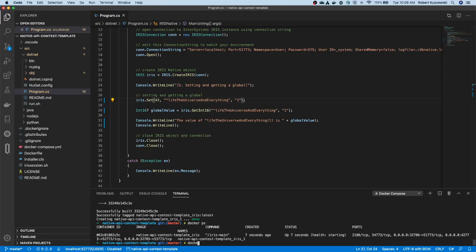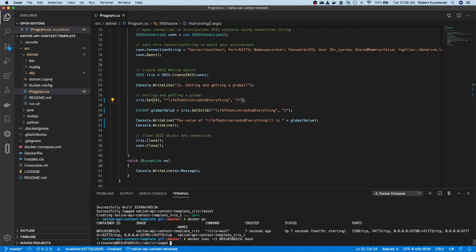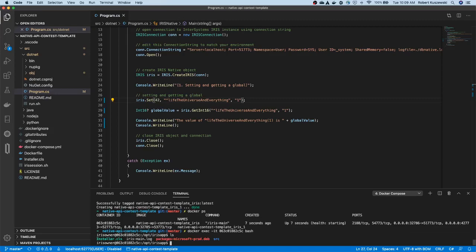Great. And docker exec -it, the container ID, bash, to start a shell in that container. Now that we have a shell that's running inside the container, we can look at what's there. It's just a number of things from the template directory. So if we went to source/.net